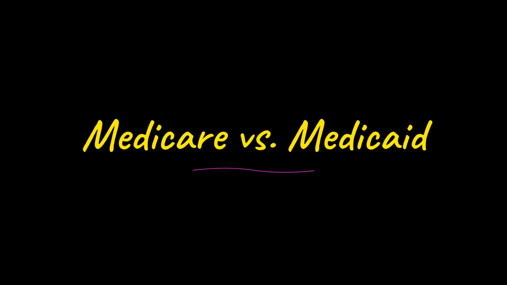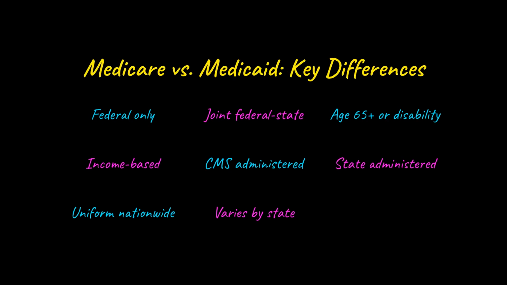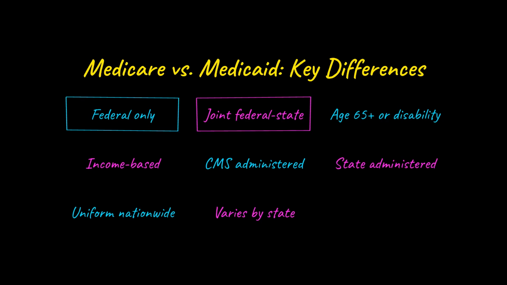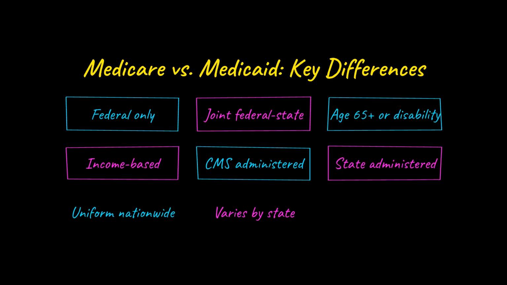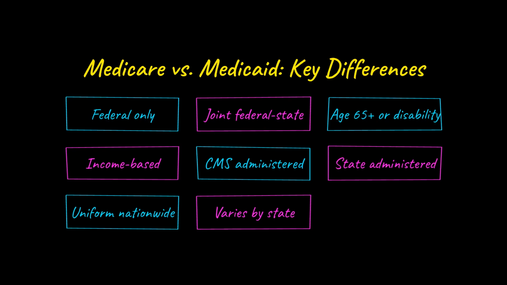Medicare and Medicaid are two distinct government health insurance programs that are frequently confused. Understanding how they differ in funding, administration, and eligibility is essential for any healthcare professional working with patients. Medicare is a federal program administered by CMS, based on age 65 and over or certain disabilities, with uniform benefits nationwide. Medicaid is a joint federal-state program, income-based, administered by individual states, and varies significantly by state in thresholds and